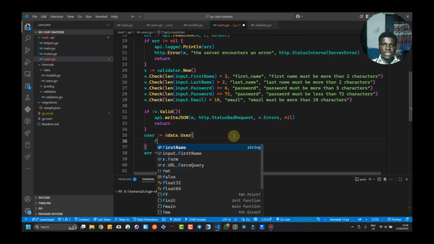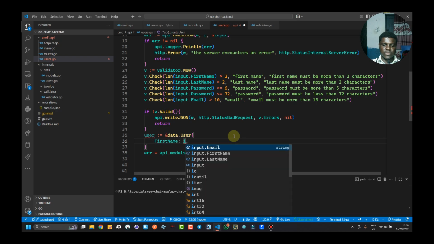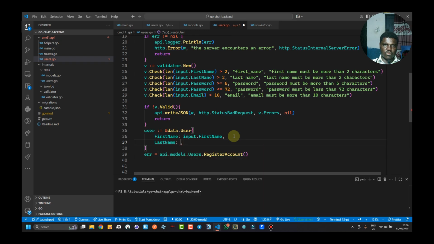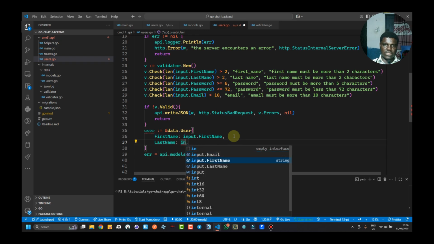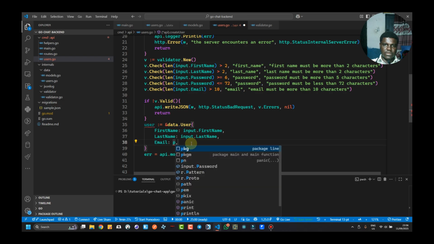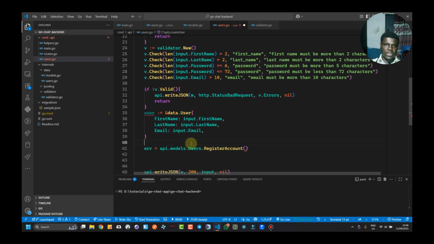And now the first name of it is going to be the input dot first name. So last name also is going to be input dot last name. The password, we won't set the password now, or we will set the email. So the email is going to be input dot email like this. And now what we are going to do is we will use the user over here, and